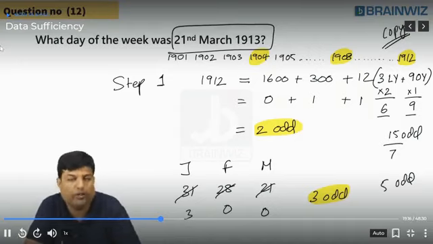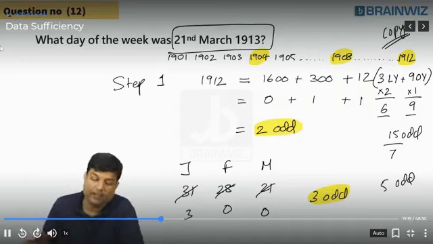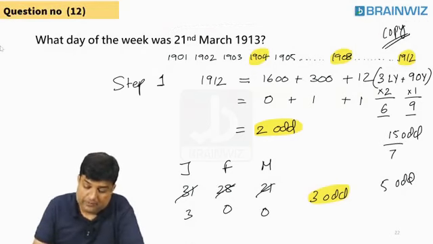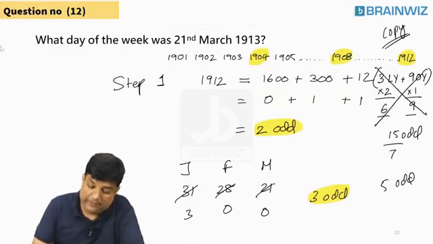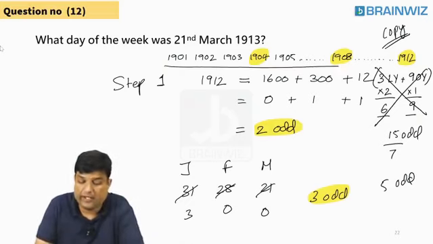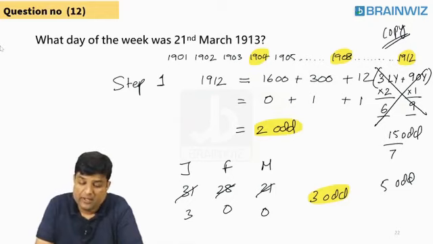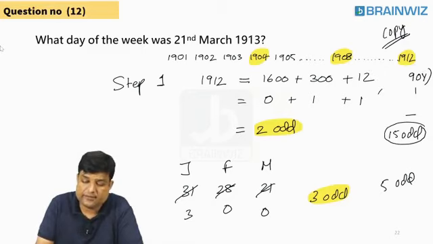I'll tell you the shortcut way of doing this thing. Listen, everybody. Now, you do not have to do all this stuff. This is 1901, 1902, 1903. This is not supposed to be written. Everybody on the screen now. You got 15 odd days. You will get the same 15 odd days by not writing all this stuff.